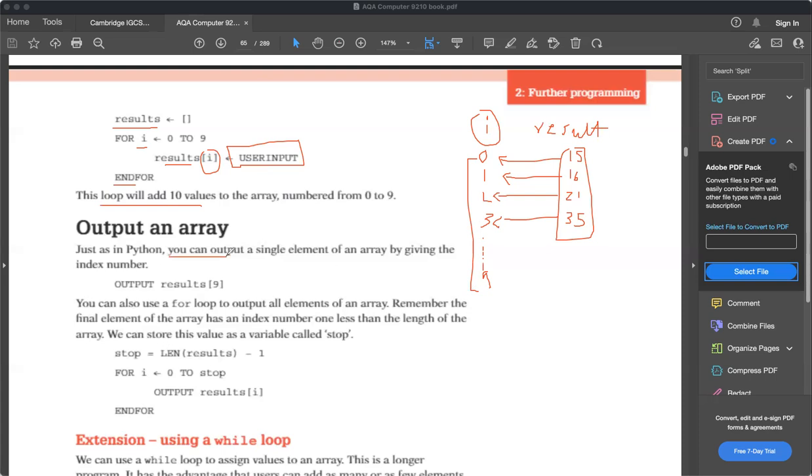So just in Python, you can output a single element of an array by giving the index number. अब देखें आउटपुट में जैसे आपने लिया results 9, अब होगा क्या कि हमारे पास results में कितनी वैल्यूज थी as an array 9, लेकिन कंप्यूटर कितनी डिस्प्ले करेगा, 0 से लेकर 9 तक कितनी वैल्यूज इनपुट, 10 values. 10 करेगा, ठीक है ना, लॉजिकल तो 10 करेगा क्योंकि इन्होंने 0 से स्टार्ट लिया है।